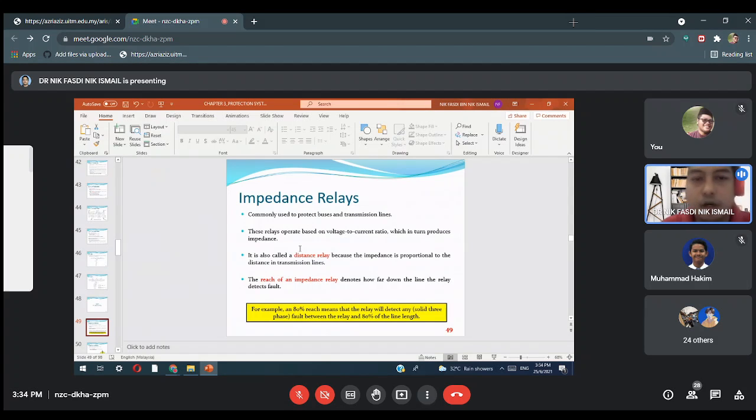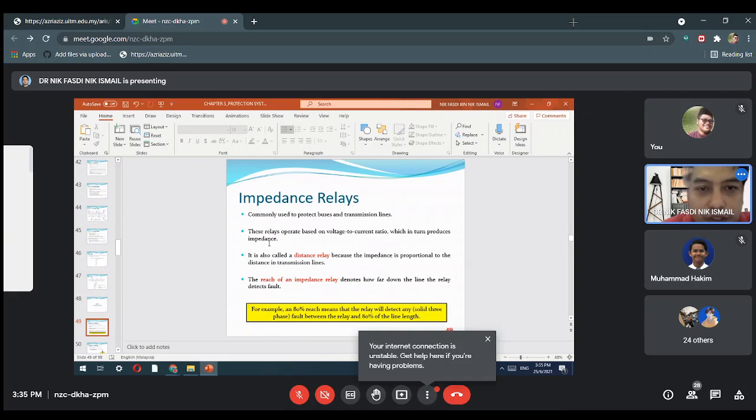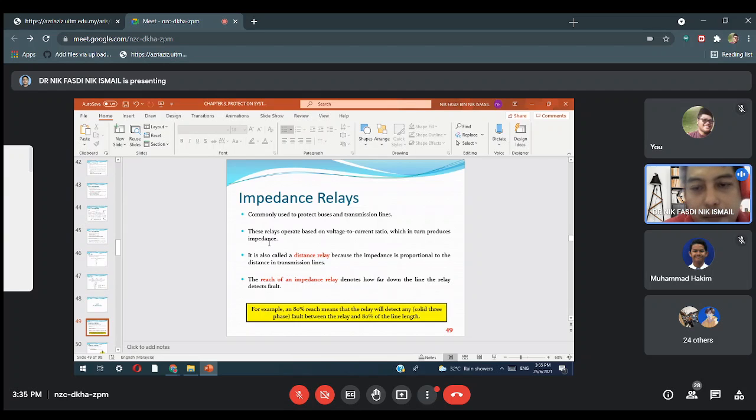Okay, 28. Commonly used to protect buses and transmission lines. So commonly we use bus and transmission line impedance relay. This relay operates based on the voltage to current ratio, which in turn produces impedance. If you go back to Ohm's law, V equals I times R. So actually R is the Z, impedance. So Z is V over I. So based on the voltage over current ratio, it will produce impedance. Why is that? Because